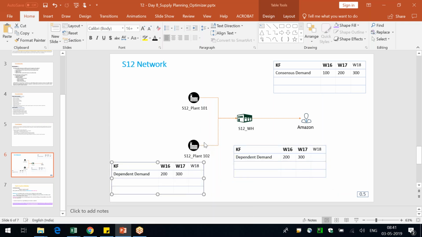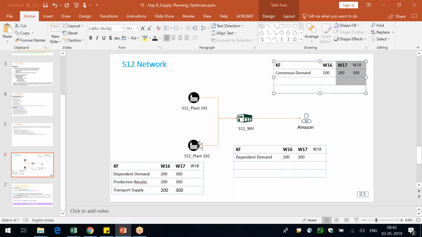Now, if there is no lead time, then it comes here. Dependent demand will become like this, and the production receipts would be 200 and 200, 300, and then the transport receipts would be that it will ship the produced quantity to the warehouse. So it will reach here. I mean, it would be supply here. The transport supply is this thing, and here the transport receipts is 200, 300, and customer receipts would be 200, 300, and week 17, week 18.